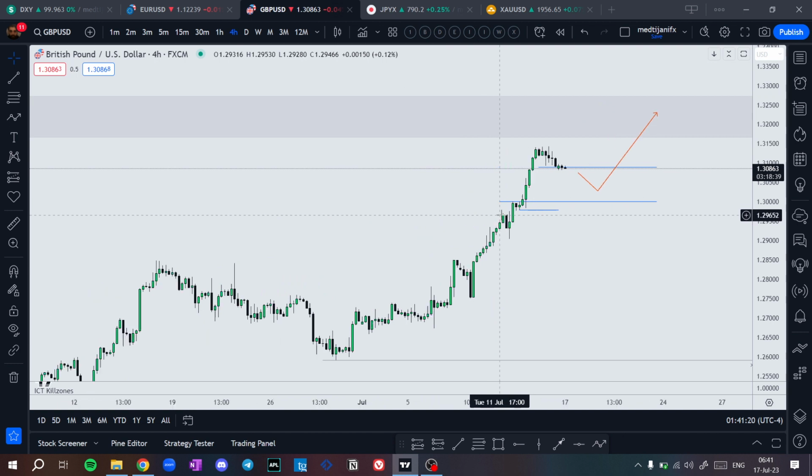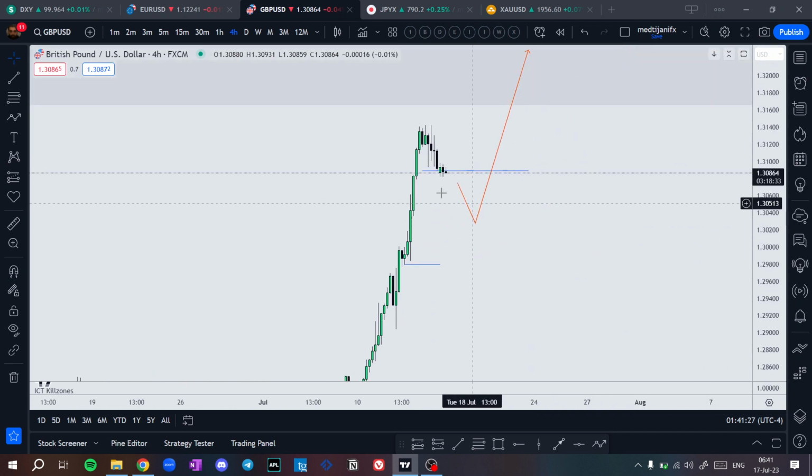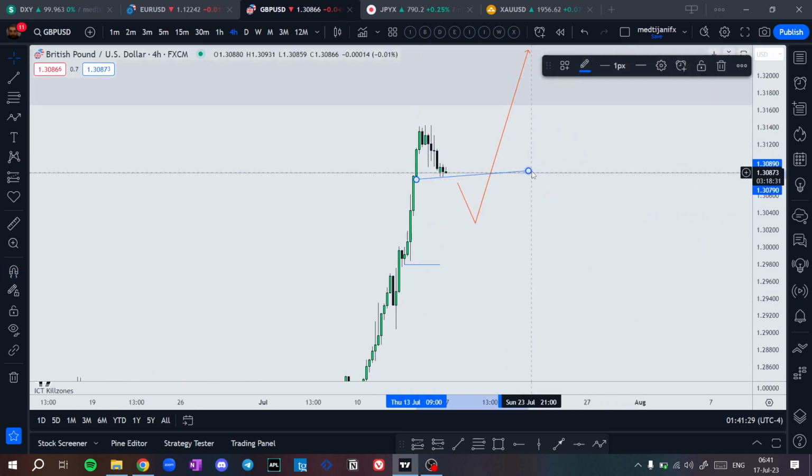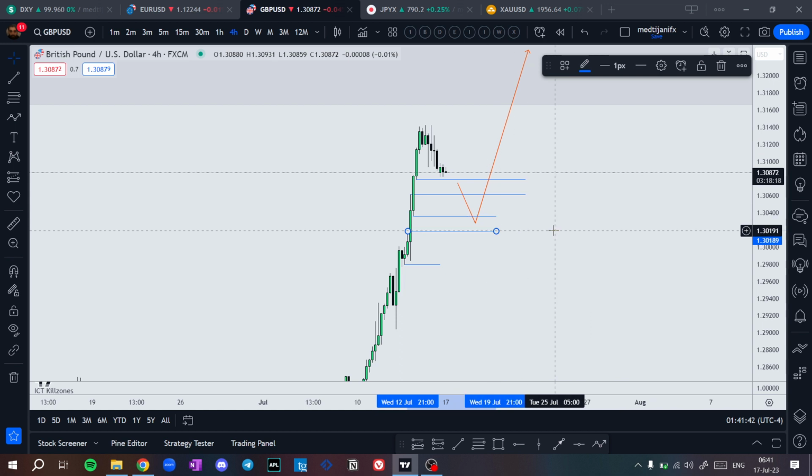And we have this 4 hour fair value gap. Yes, this 4 hour fair value gap is still a premium range, and we have the next one here, this 4 hour fair value gap that I prefer price to drop lower to,